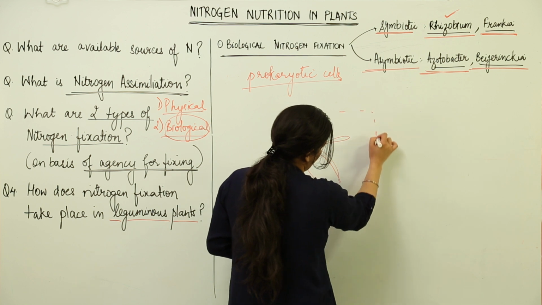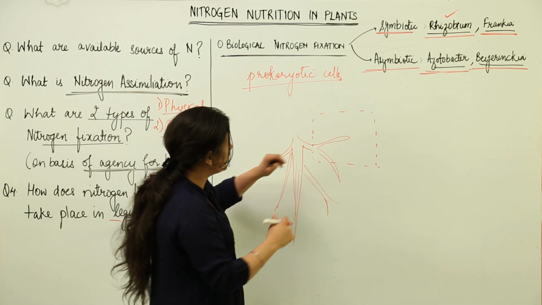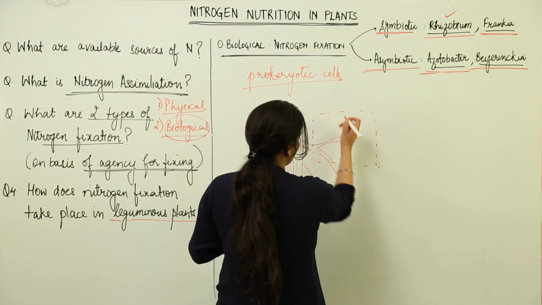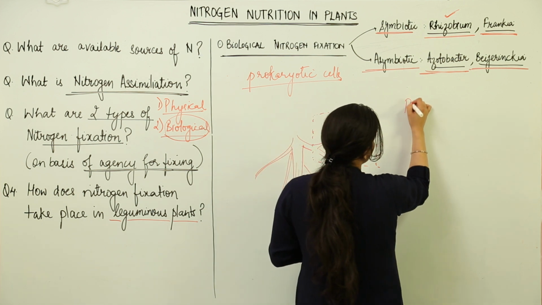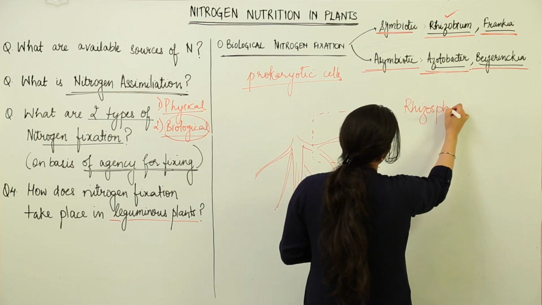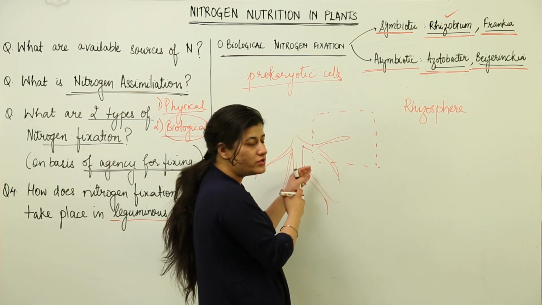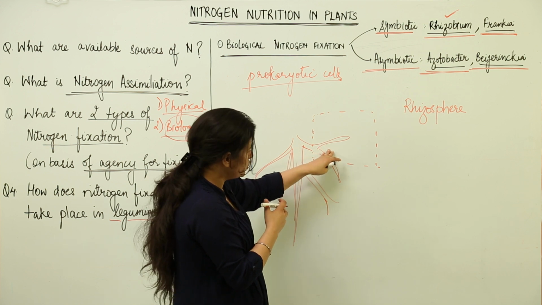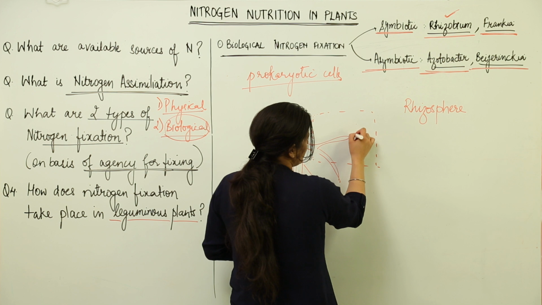They are not as large as compared to the roots. So we are talking about this area, this is part of the soil, and this area is known as the rhizosphere. Please remember, the word rhizo is used for root, and we are talking about the soil area which surrounds the root, and here there would be a few rhizobium present